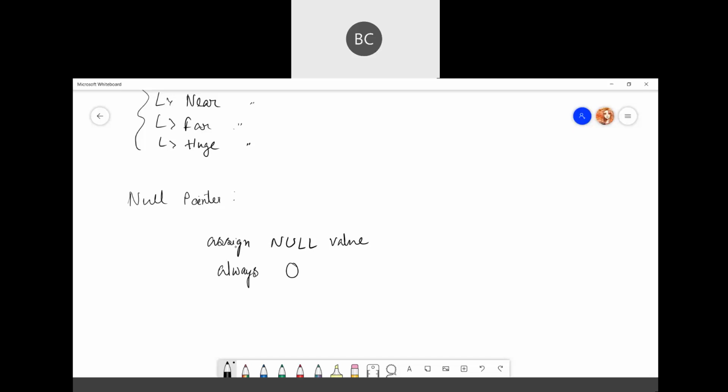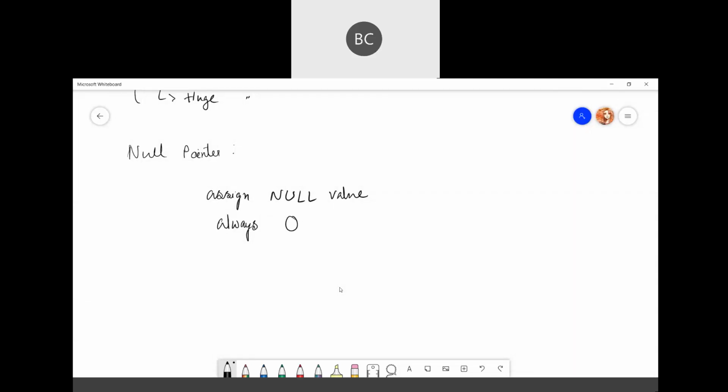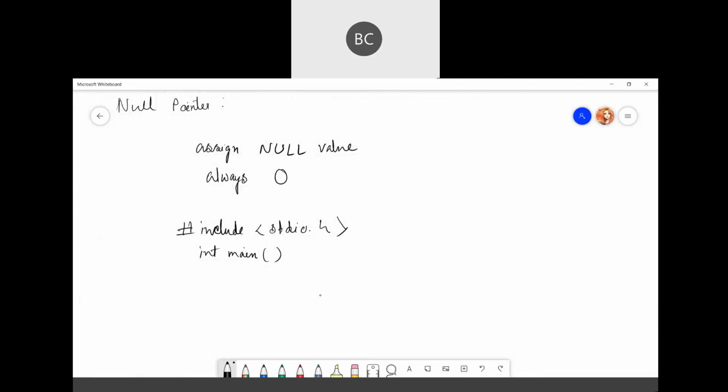If you see a very simple program, here you have declared a pointer p, then you assign the value null.